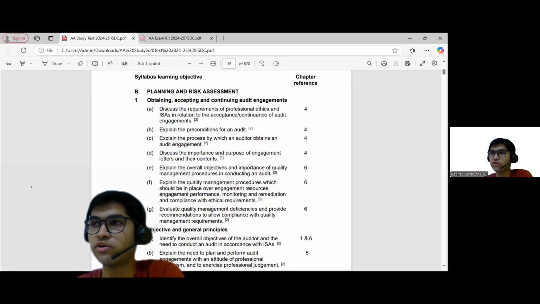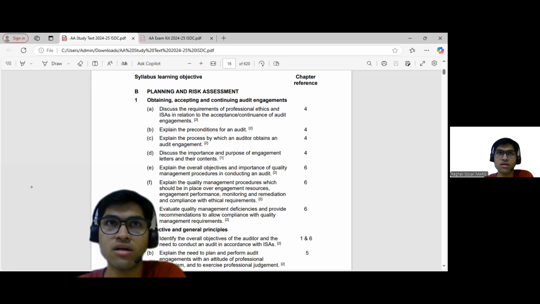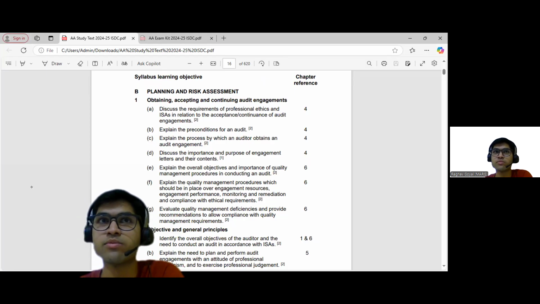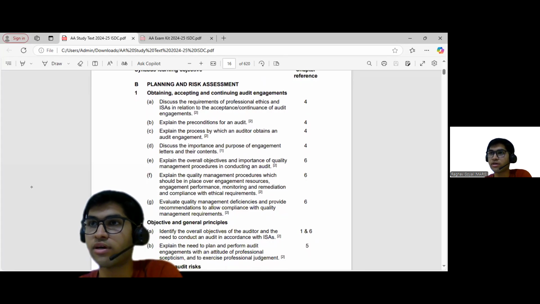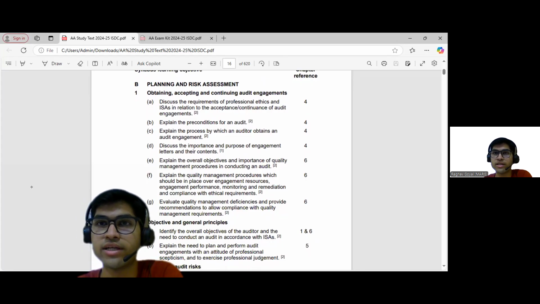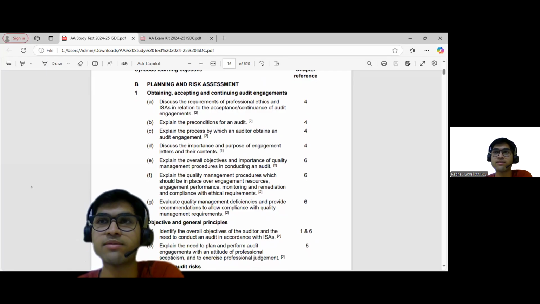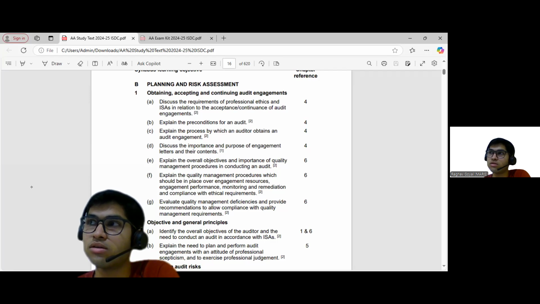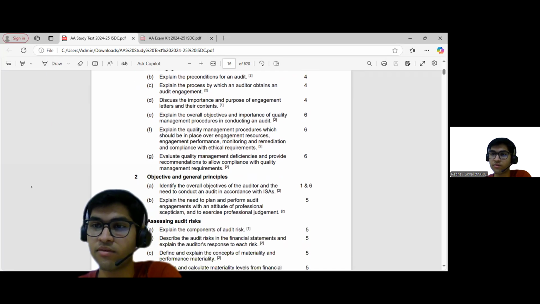With planning, what you have to do is basically resource the teams that you'll need, and estimate the amount of time you'll need to perform the procedures, test the controls, everything like that. Then there is also the risk assessment of the entity. For example, the entity which you are auditing could be exposed to more fraudulent activities. So if you accept that engagement, there is a chance that the risk you face will also increase, and you have to assess whether that risk is acceptable for you as an auditor.